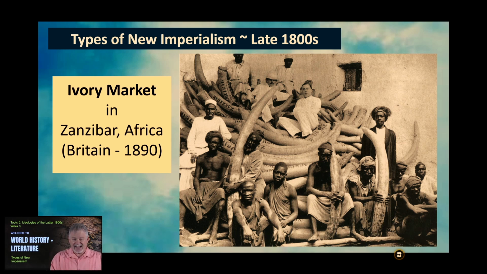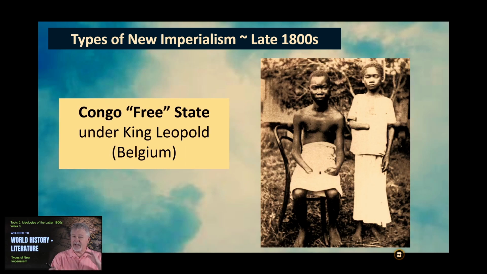Those are ivory tusks; the animal has been killed in order to gain the tusks and the ivory. This was that kind of plunder. Another one, as we looked at in previous videos, was King Leopold of Belgium. He sets up the very center, the heart of Africa, in the Congo. He sets it up as a Congo Free State by enslaving the natives there, causing them to extract rubber and other goods that are very common and in abundance in this area. And he's getting rich by it. He's just making bank. That is another kind of plunder.